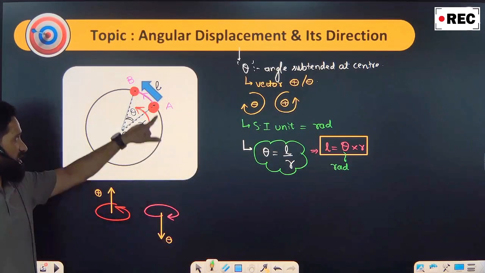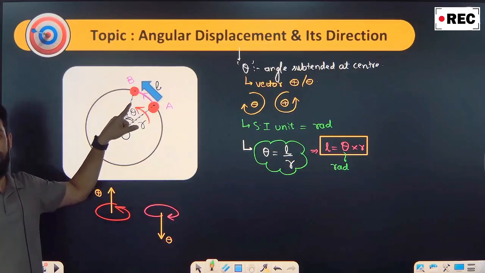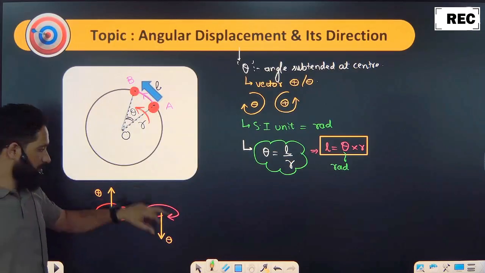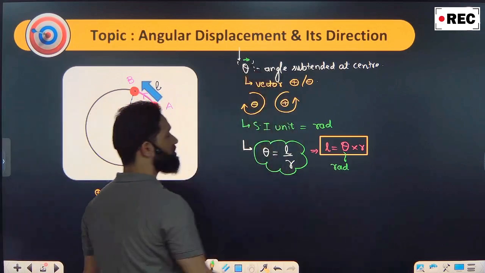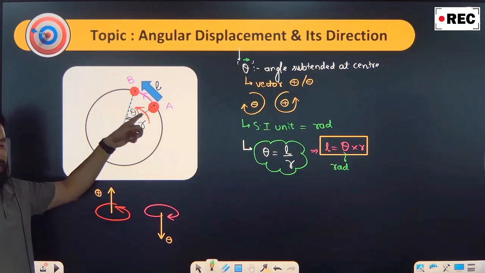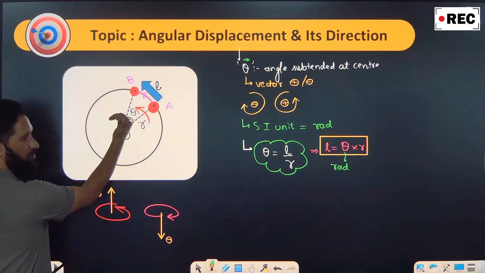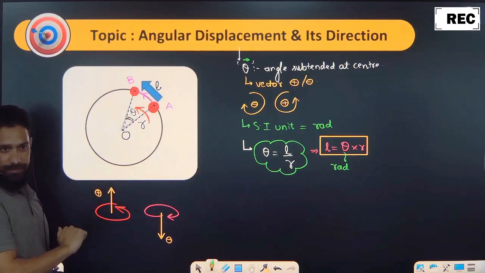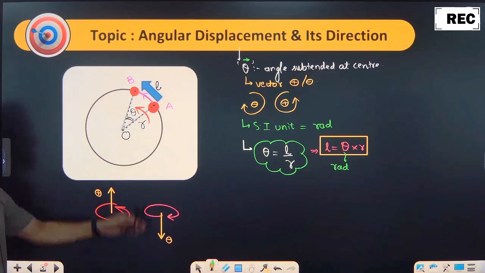Whenever a body moves on a circular path, if it goes from one point to another, it will subtend an angle at the center, that is called angular displacement. And obviously that angular displacement is a vector quantity. It can have positive, negative signs. Anticlockwise, positive; clockwise, negative. And where is that vector? Axial vector. Anticlockwise, perpendicular to plane outside it. Clockwise, perpendicular to plane inside it. Is that clear? So these are the directions. This is the value. Fine.